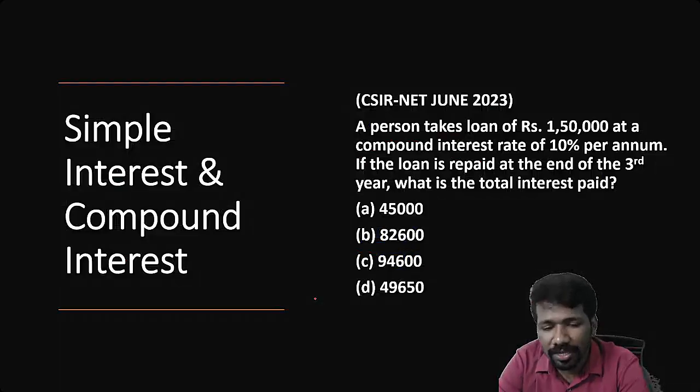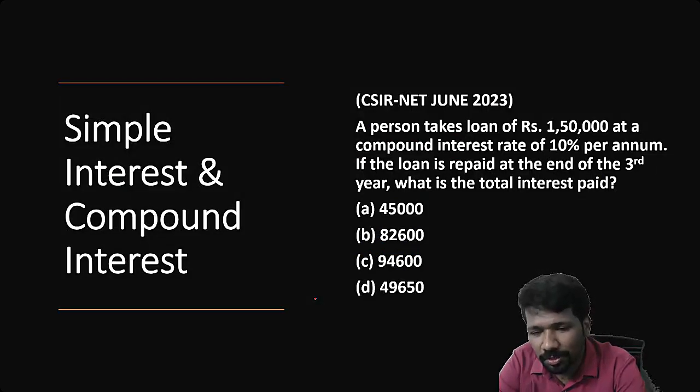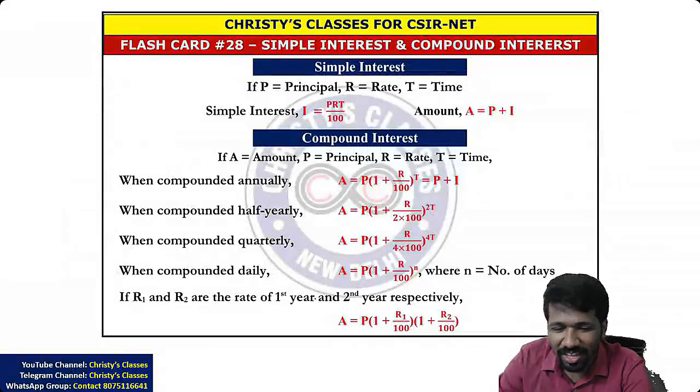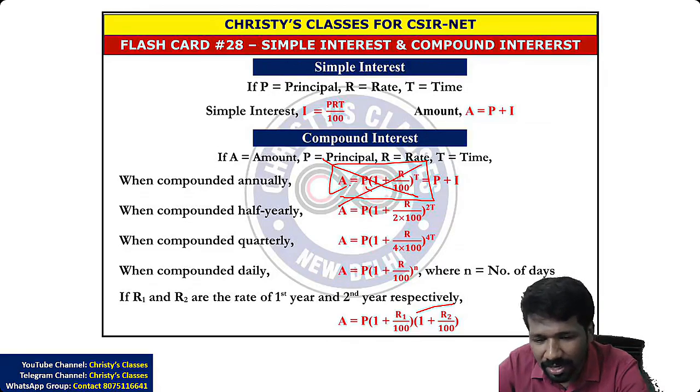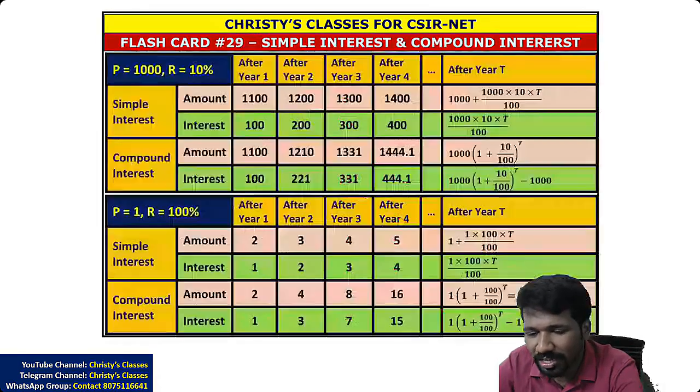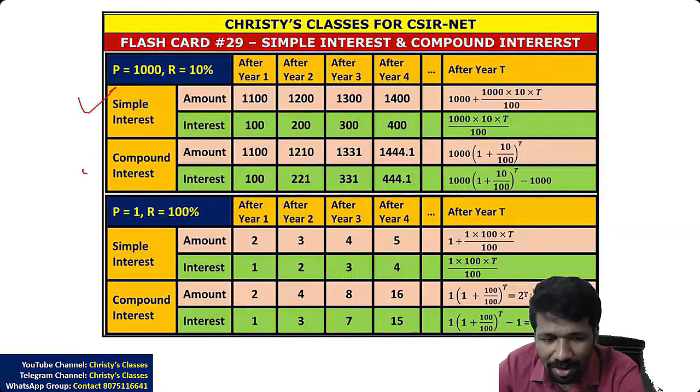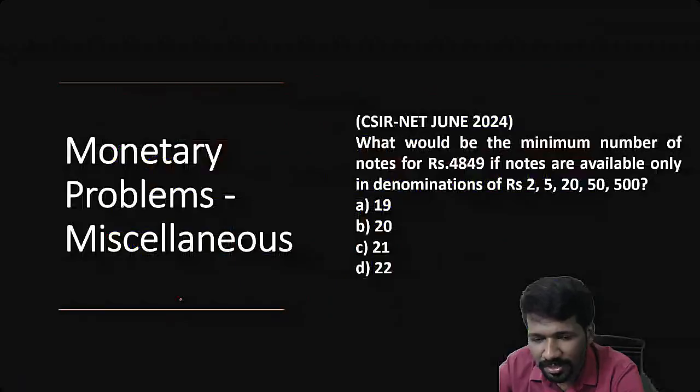इसका logical ideas and simple interest, compound interest. This is also a topic that many people may have learned by heart a lot in school days. A is equal to P into 1 plus R by 100 raised to T. ये formula को बिना by heart करके logically कैसे understand करना है, that I will be training you with this flashcard. Simple interest, compound interest का difference क्या है, इसको logically कैसे understand करना है, all these things we will be discussing in that chapter.